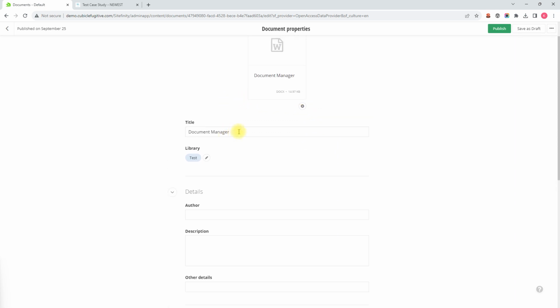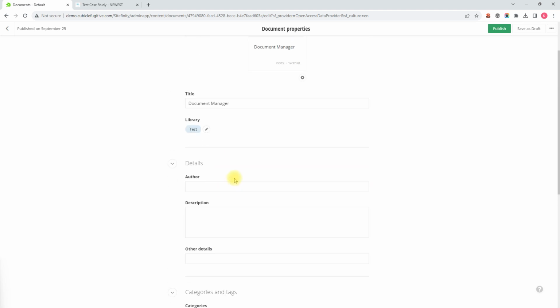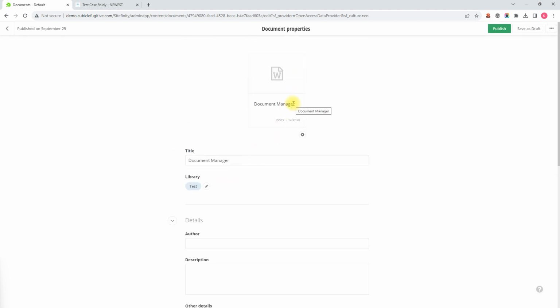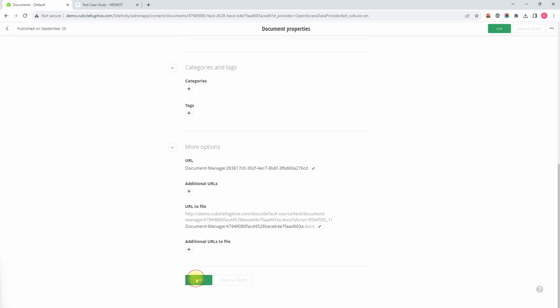Now here we have the option to change the file title, change what library it's being stored in, and we can also add some details. But for the sake of this demo, we are just going to upload the new file. So I'm going to hit Publish,